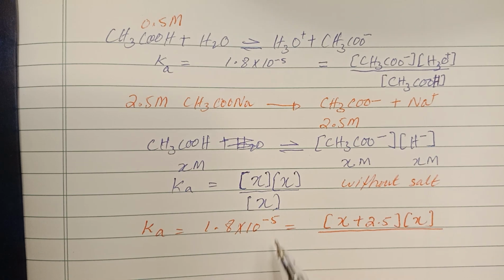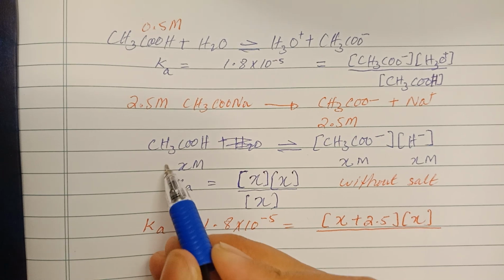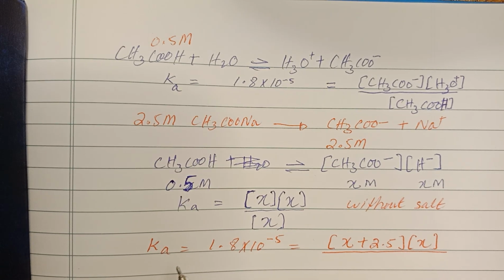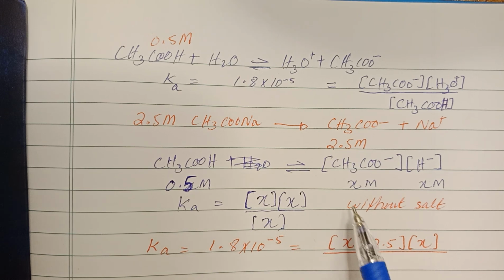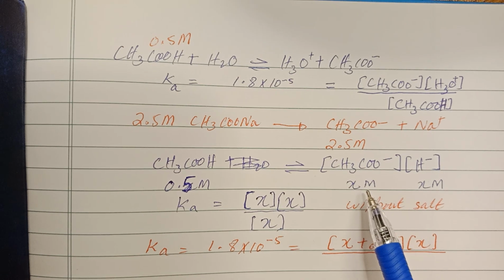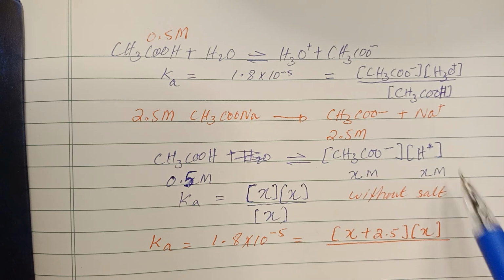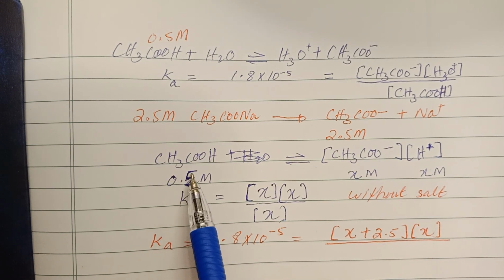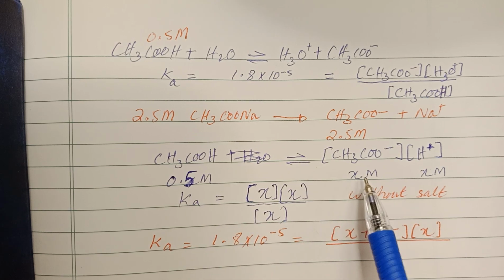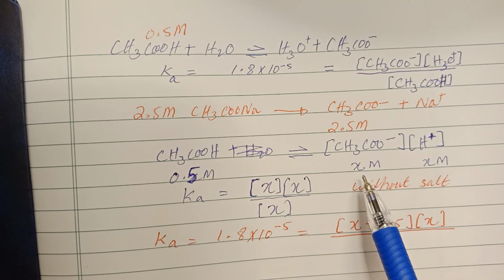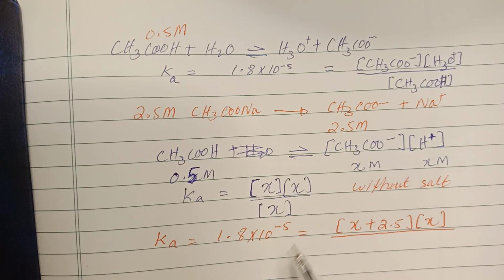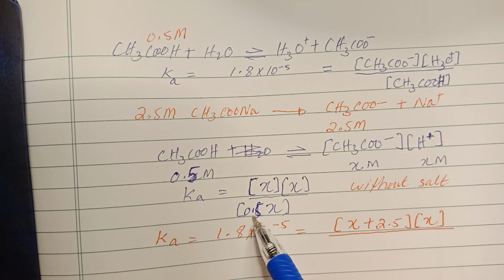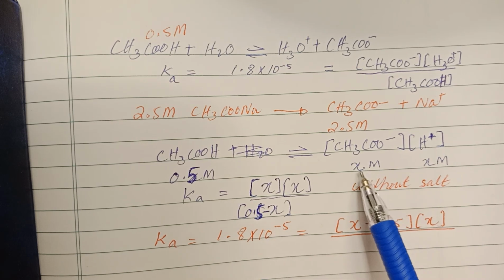If we consider 0.5 moles of acetic acid which dissociates into acetate ion and hydrogen ion, as the acid is a weak acid, the dissociation into ions is not 100%, so the expression becomes 0.5 minus the concentration of